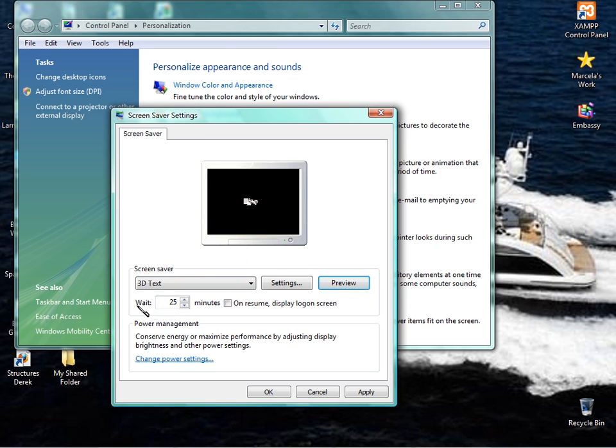Your settings, where it says wait, this is the amount of time you want to wait before your screensaver comes up once your computer's idle, if you walk away from your computer. I'm just going to set it for 1 minute for a demo so you can see how it works. But you can set this to 5 minutes, 10 minutes, an hour, whatever you want. I don't recommend setting it too low, like 1 minute or 2 minutes. I would recommend at least